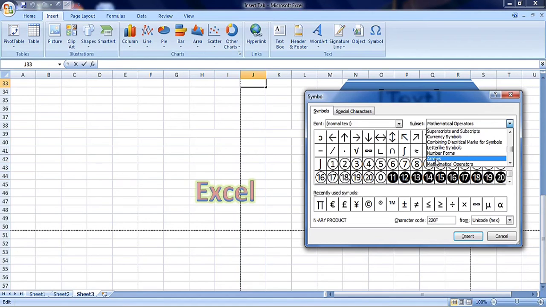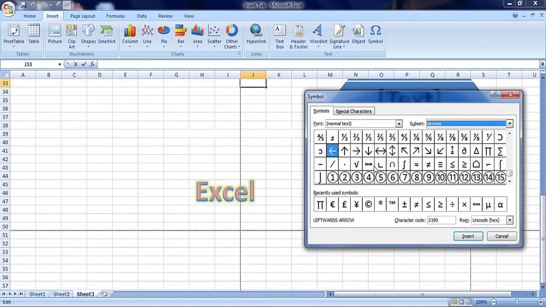For example, if you click on arrows, it will show different arrows from the arrow subset. Click the required one. Then click insert, and the selected symbol will appear in the active cell.